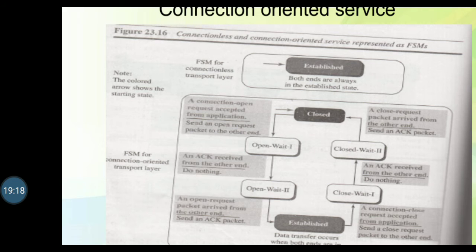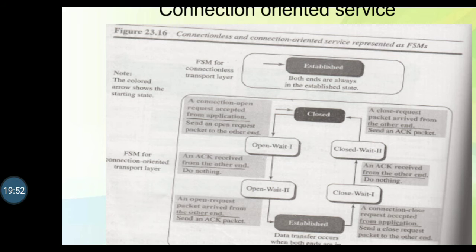But if a bidirectional connection is needed, the machine needs to wait in this state until the other end also requests a connection. When the request is received, the machine sends an acknowledgement and moves to the established state. Data and data acknowledgement can be exchanged between the two ends when they are both in the established state. The established state, in both connectionless and connection-oriented transport layers, represents a set of data transfer states.